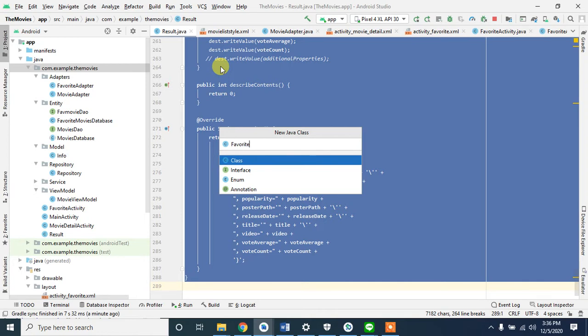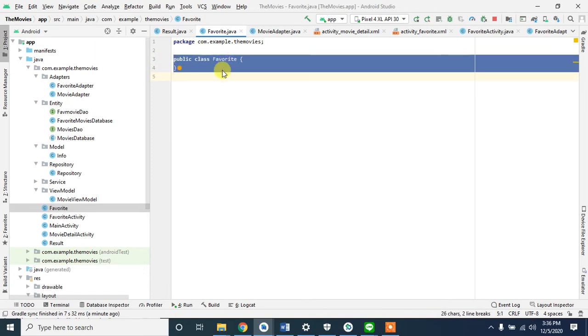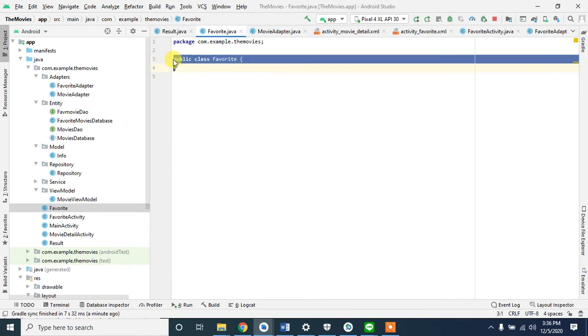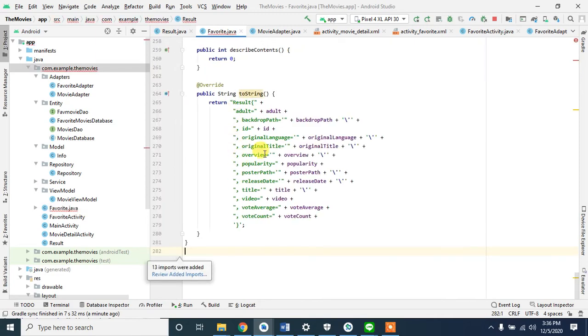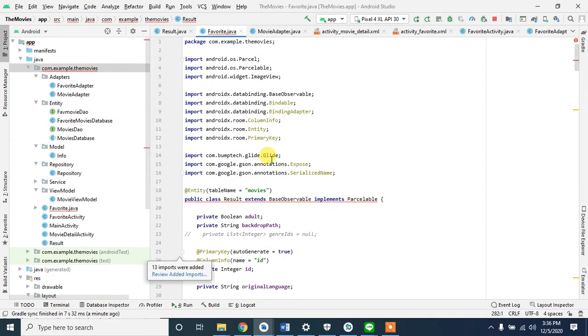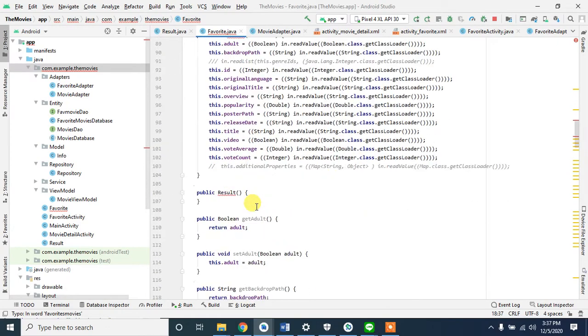Favorite. Okay, so we just have to paste it in here, and we can change the name of it. Favorites. Okay, and the table name is favorite movies. Wherever we are seeing